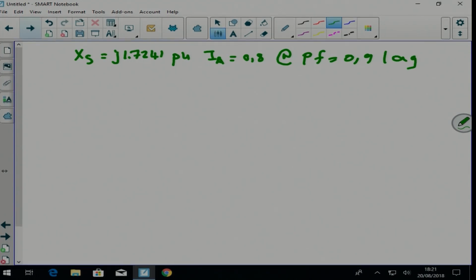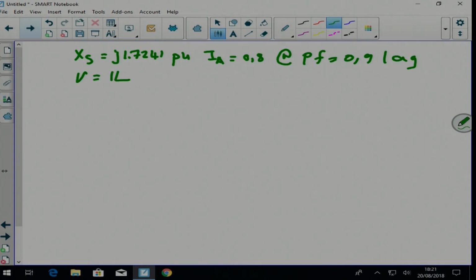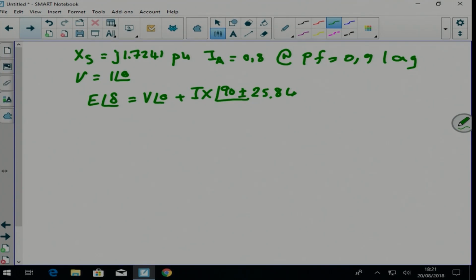First of all, we have to determine the induced EMF and then the power and the reactive power that the machine supplies. So V is our reference, which is 1 angle 0, and therefore E angle delta is V angle 0 plus IX angle 90 plus or minus 25,84. In our case it will be minus because it's lagging,